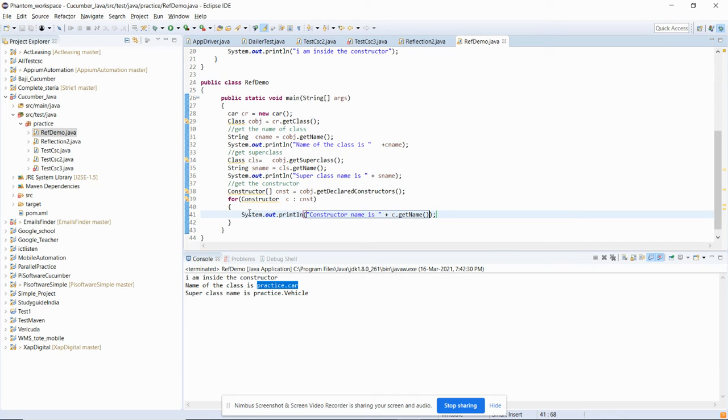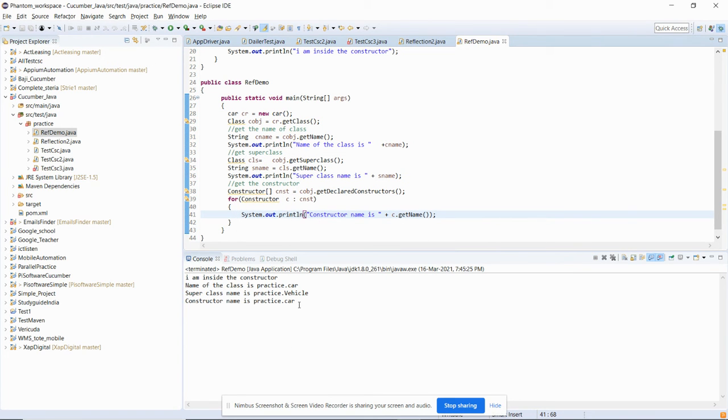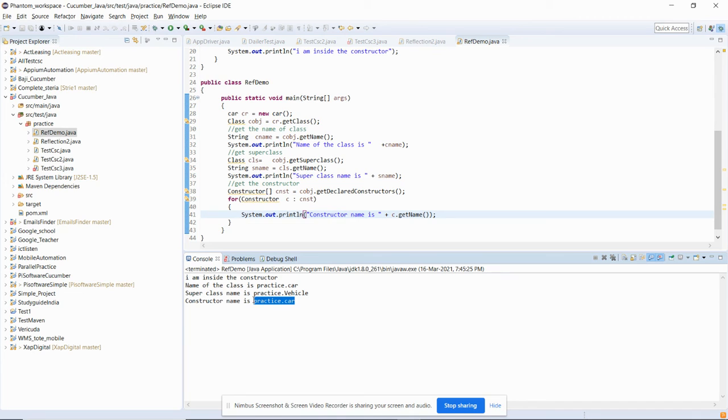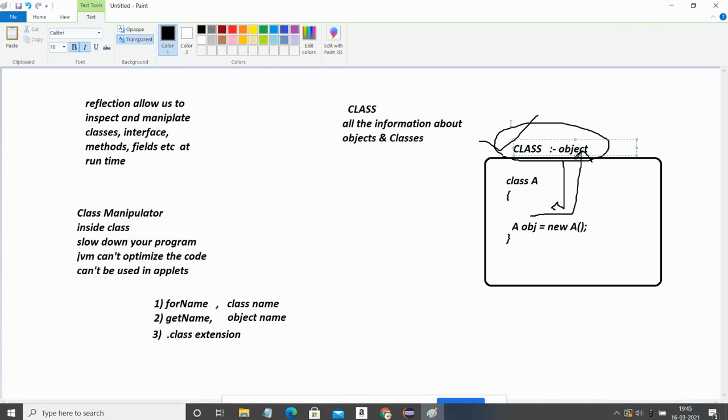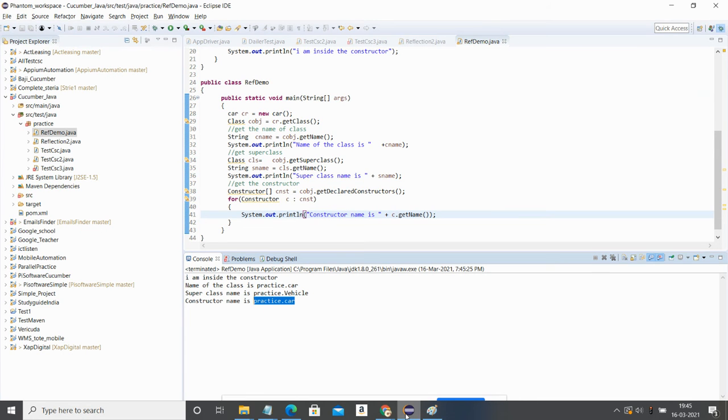In this way we will get the name of the constructor. You can see that there is one constructor named car. So there is a very simple way: we are just creating the object of our Java class, which has all the information, and by using the object of this class we are fetching the different values of any Java class.